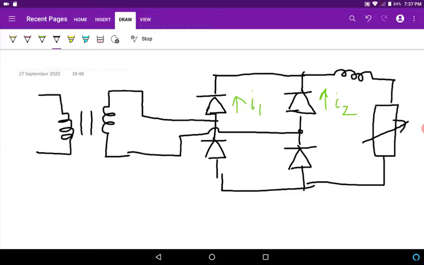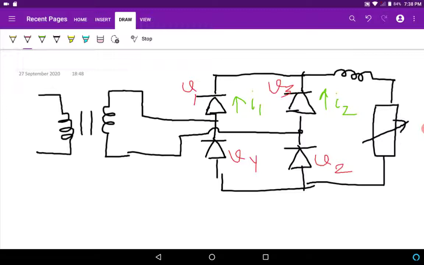Now the valves are specifically named. I am going to write the names of the valves and the voltages of these valves. This first diode, or valve, is named V1, while this valve is named V2. The upper valve, this one, is named V3, and this one is V4. They are named like this because they conduct in a particular fashion. Now this is a full wave rectifier, the bridge rectifier.